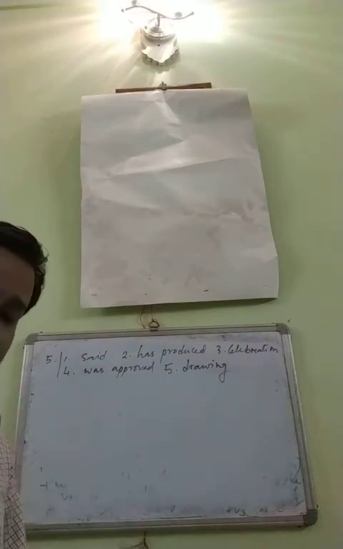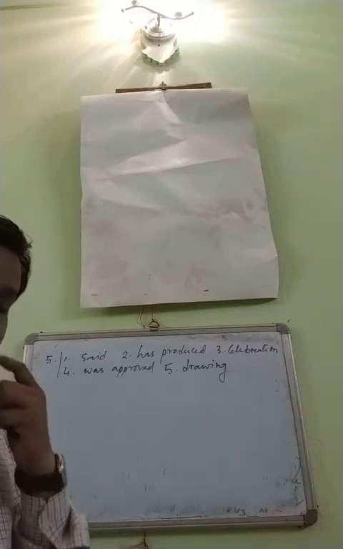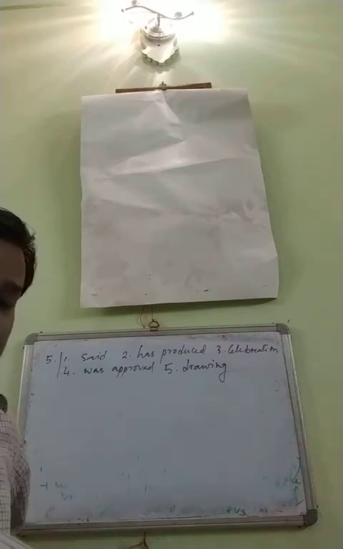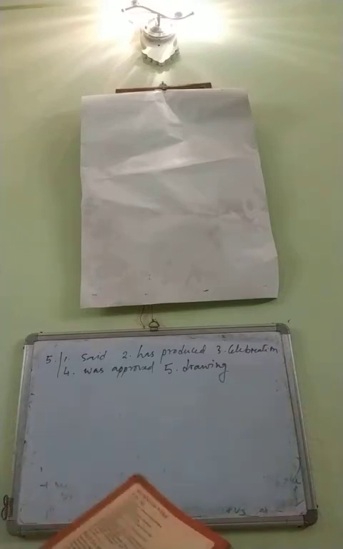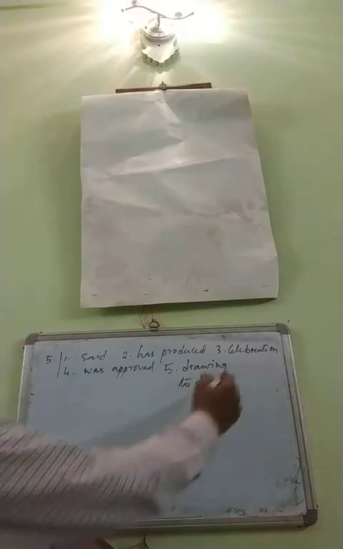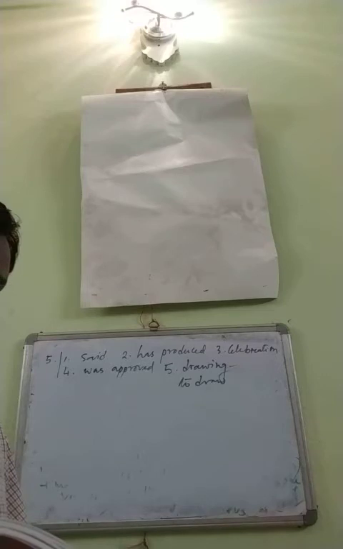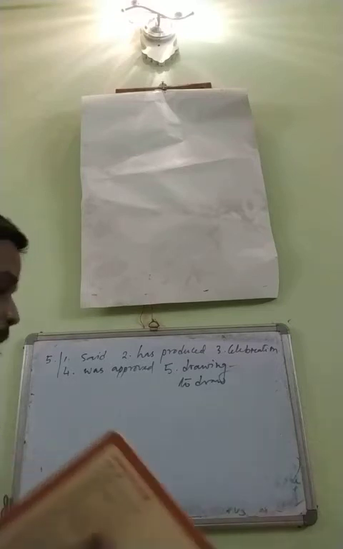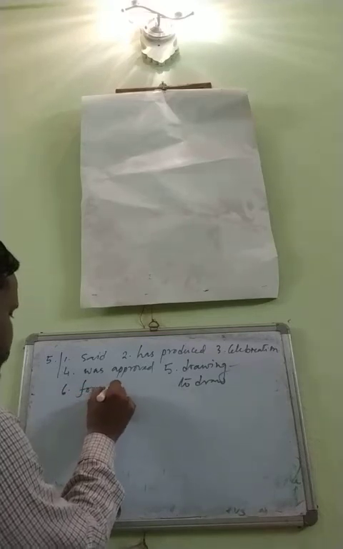Drawing wine, or to draw wine also you can do, to draw wine from the great tub, and also were busy to also you can use here, but this one you can use appropriately. And dash find to their surprise, and found to their surprise, number 6,